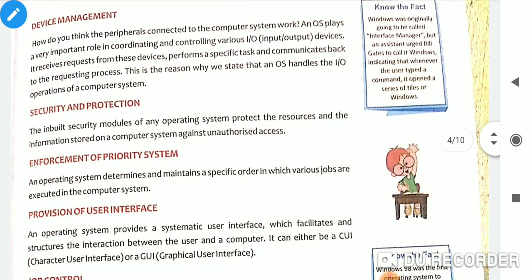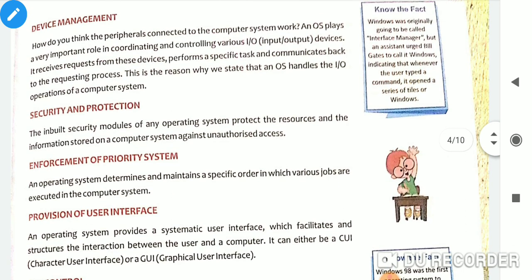work of the operating system. So in device management, what does the operating system do? Basically there are different devices that any computer handles, like input output devices. Printer is an output device, keyboard is an input device, mouse is an input device, scanner is an input device, speaker is an output device. So when we need to take input, or where the output is to be sent, all these things are decided by the operating system.